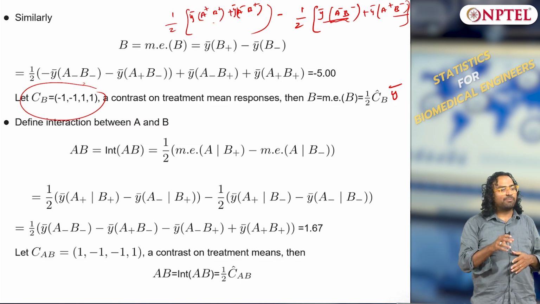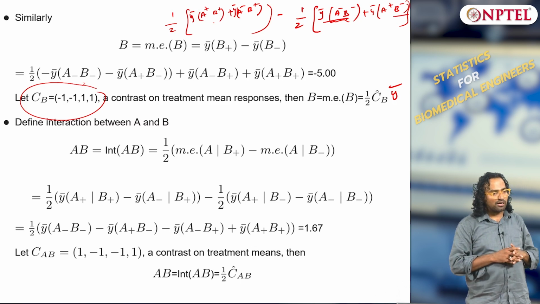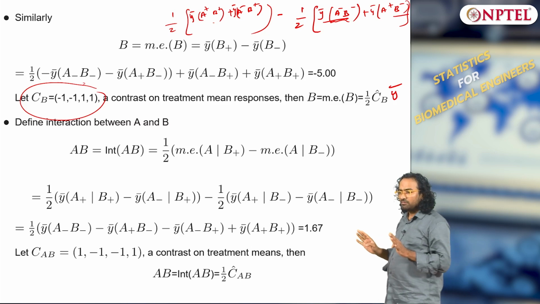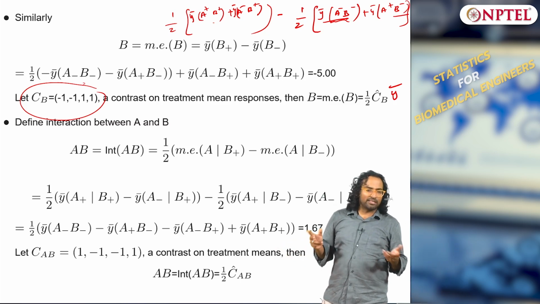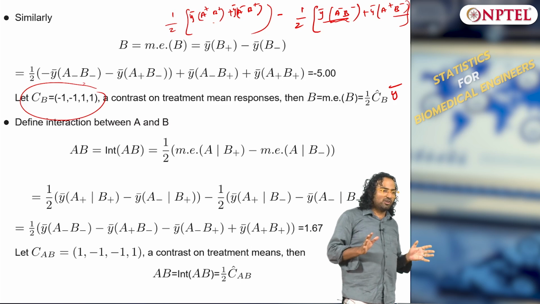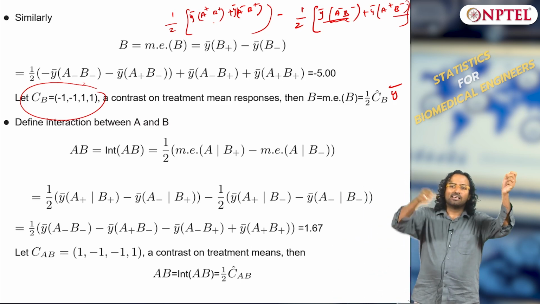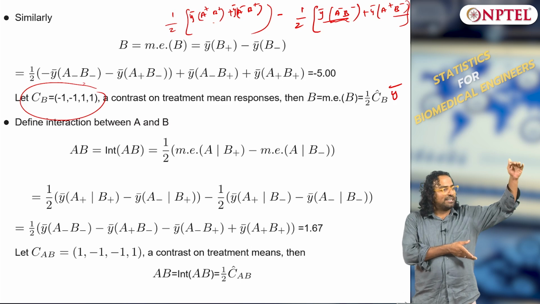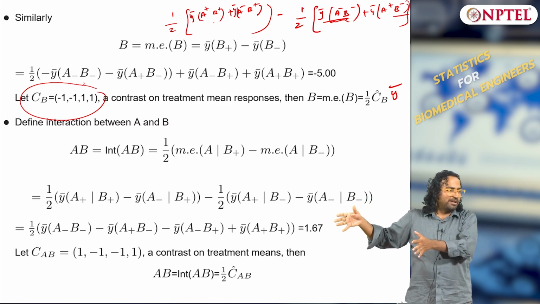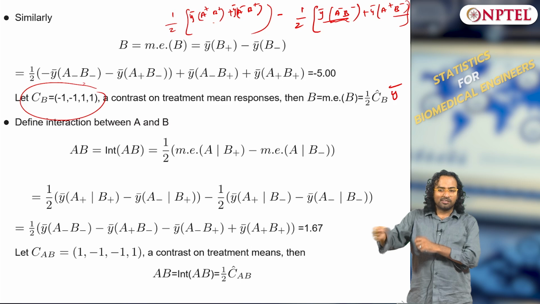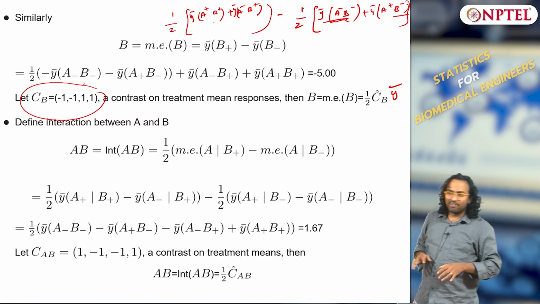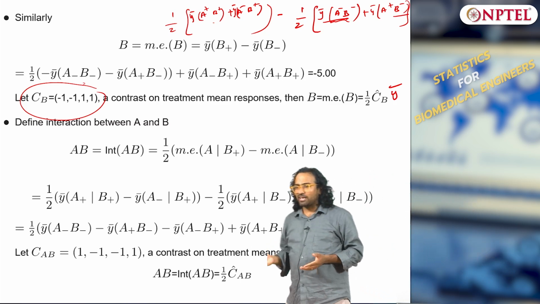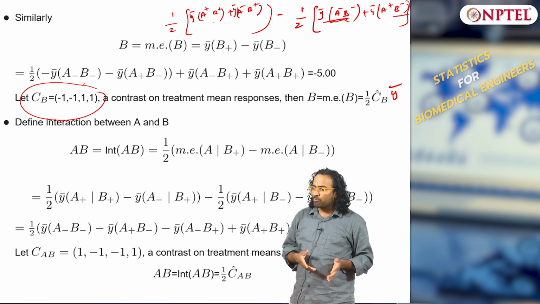So why am I doing this? I will be able to compactly represent all your main effects and interactions rather than writing everything out here. I can represent the main effect, sum of squares, everything in terms of this contrast, because there are only 4 terms. In 2 power 2 there are only 4 terms, in 2 power 3 there are going to be 8 terms. So if I write the contrast for the signs, the ways in which they have to be added up, that is an index I store. I compute A plus B plus, A minus B minus, take the coefficients, multiply, and get the answer, rather than coding it every time. You understand the idea behind representing it this way? I am writing the same equation in a different form.